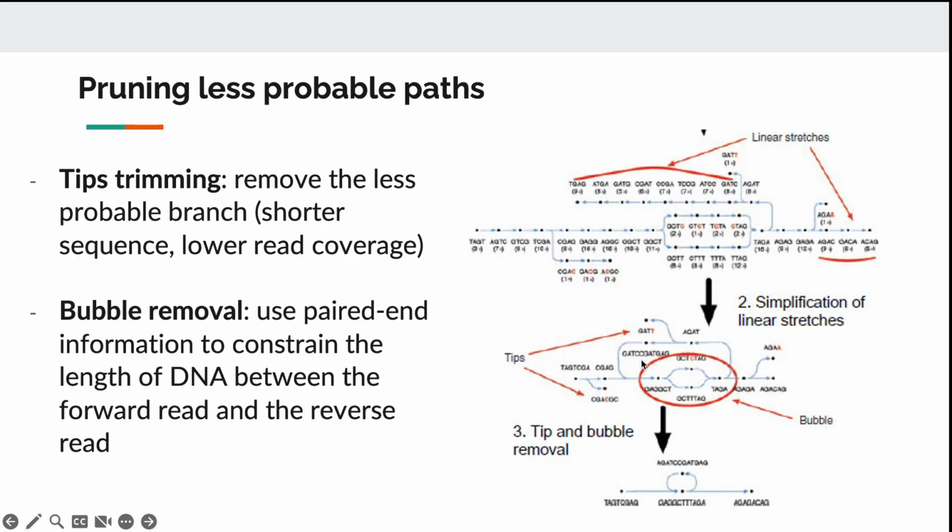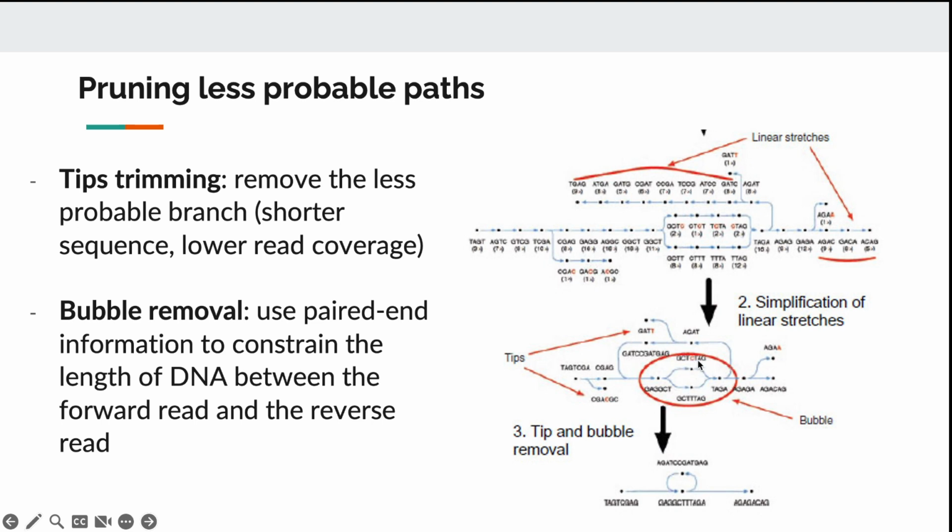The second technique is to remove what they call a bubble. These are multiple possibilities that can come either from a repetitive region or from a polyploid genome. So we need to pick one or the other to go over this region of the genome. You can do this by using paired-end sequencing data to show that one sequence has to be next to another sequence, or you can use the competition between these two sequence possibilities by looking at the read